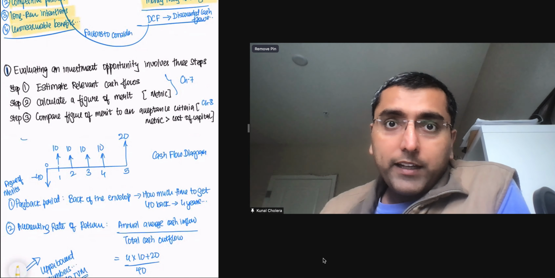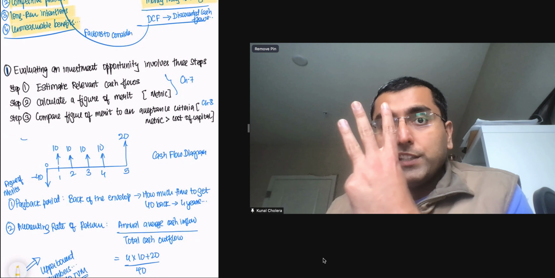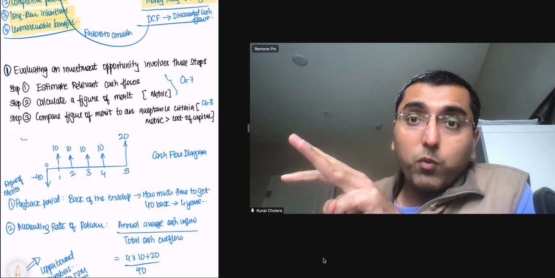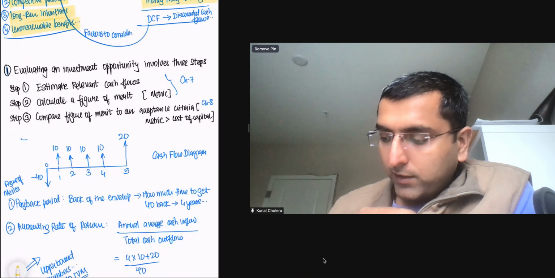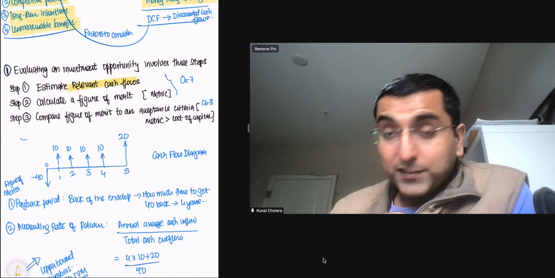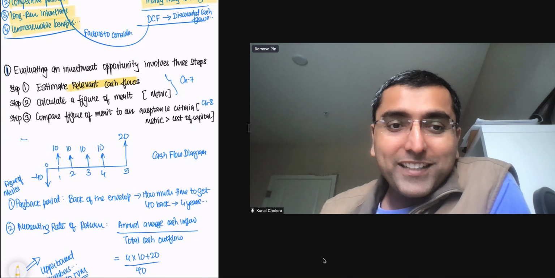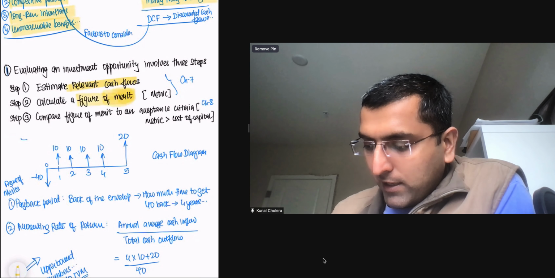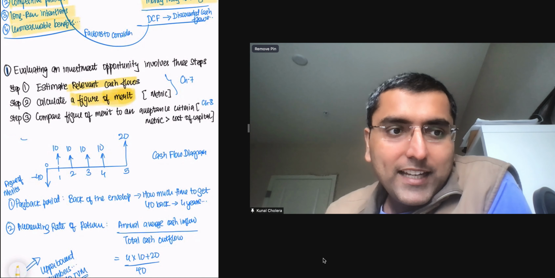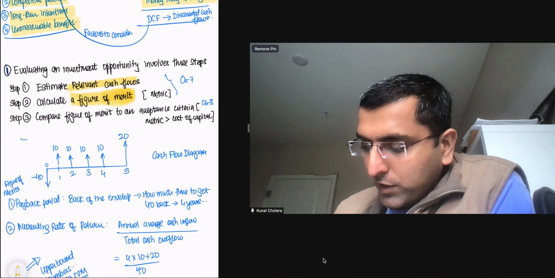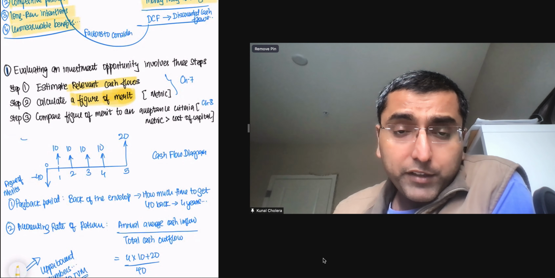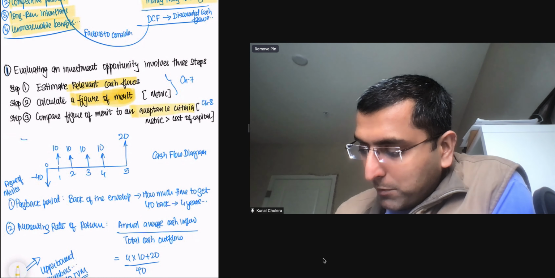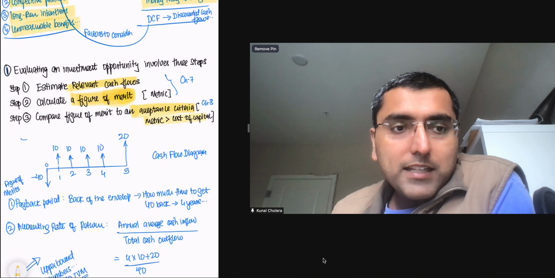So evaluating an investment opportunity involves just three steps, but these three are very critical. We're going to cover the first two in this chapter, chapter 7, and then the third one in chapter 8. The first step is evaluating relevant cash flows. This is a very hard step. How do you know how much money this project will really make? And second, you need some sort of a metric that says, hey, look, this is how I'm going to measure myself to success. Those two things we're going to learn in this chapter. And once we know a metric for success and we know how much money this project will take and how much it will make, then you can say, hey, is this an acceptable criteria for my metric to actually be acceptable?